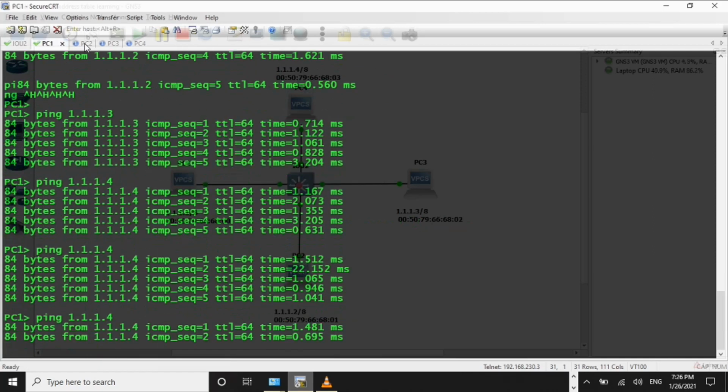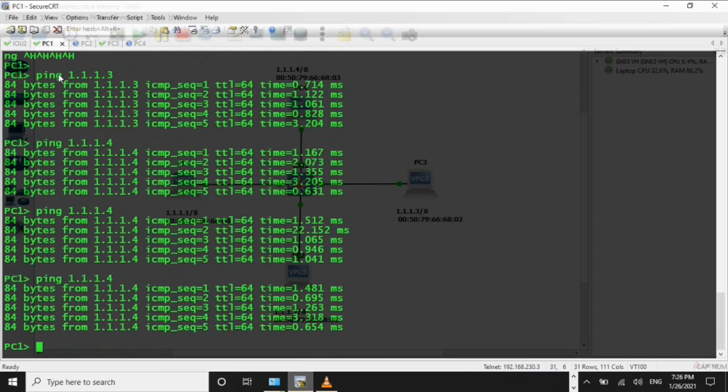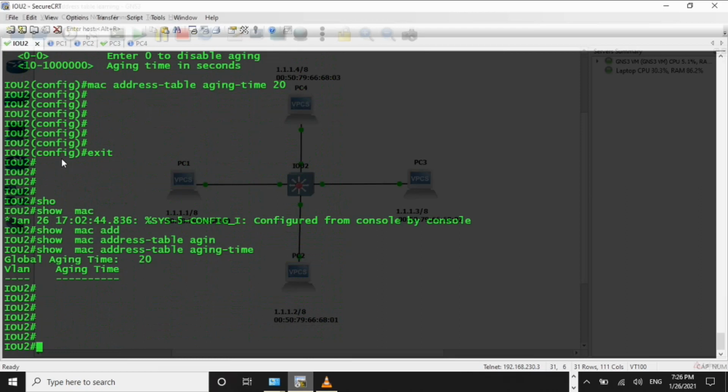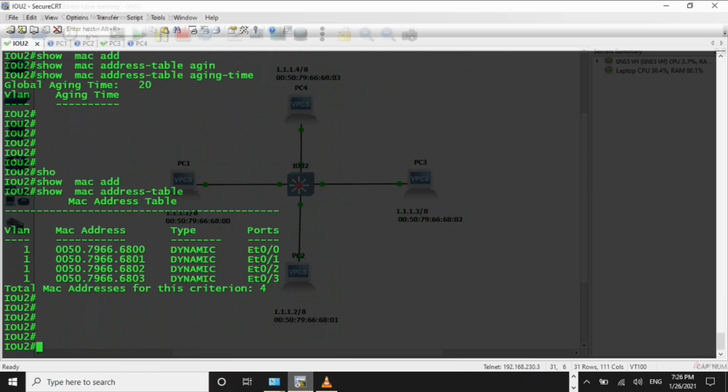Ping from here to 3, it is pinging. Now see, show mac address-table. So these entries will be in the MAC address table till 20 seconds.